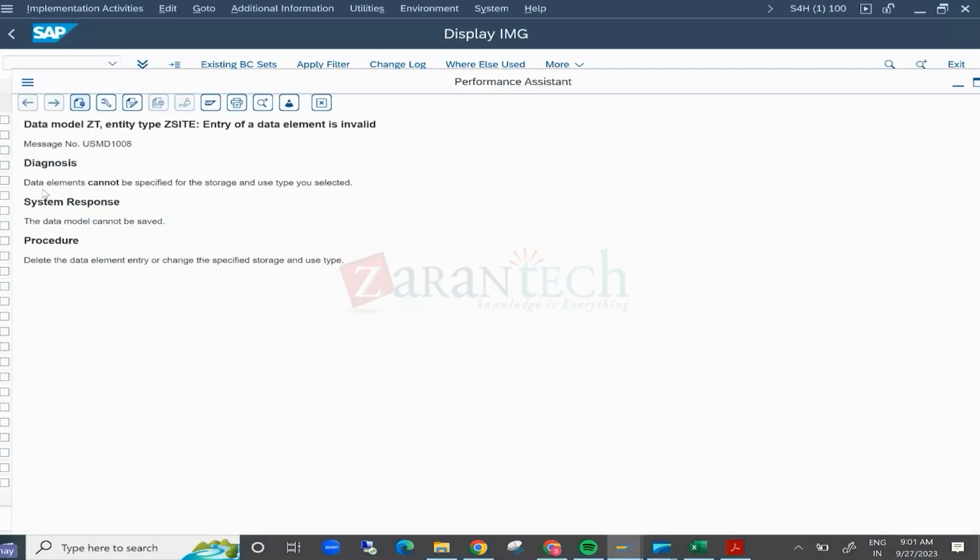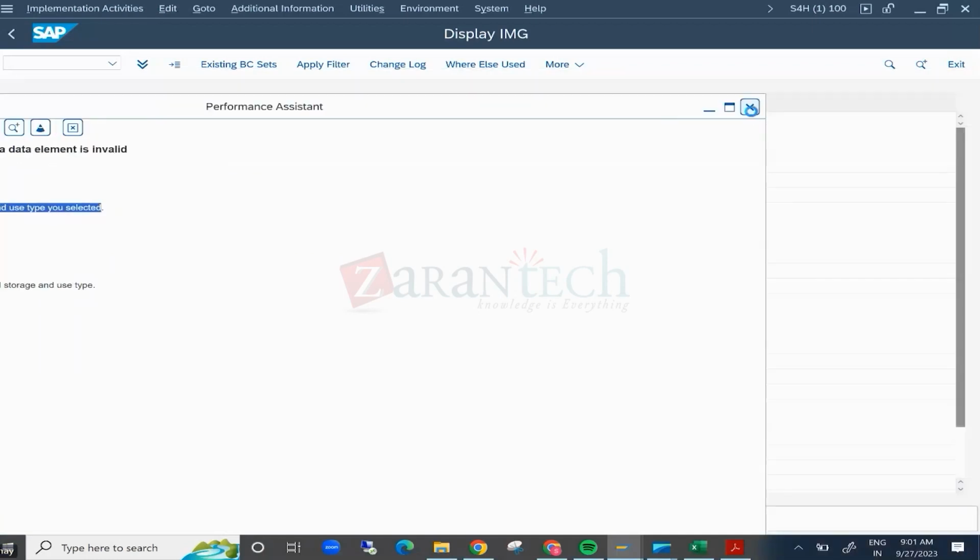Okay, the data elements cannot be specified for the storage use type you selected. What did we select? Type 4. For type 4 you cannot use the data element setting. Okay, so that is it. So now,